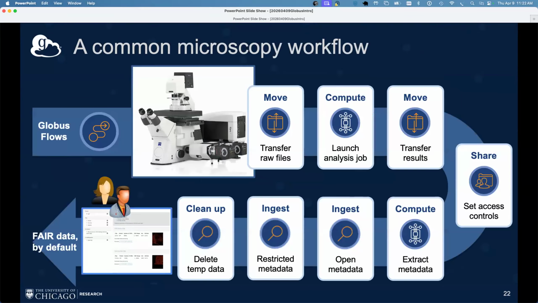So putting this all together, right? You can see this now in a common data workflow. This is a microscopy workflow. It could be a sequencing workflow. But you can see we have all the tools there, so you can automate these very complex workflows where you're